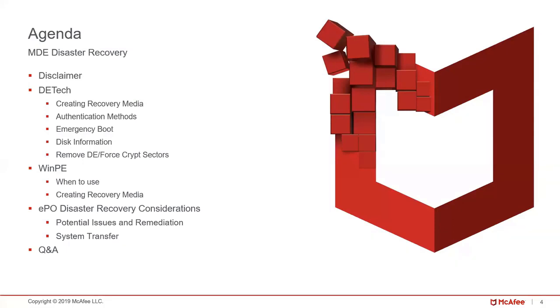We will discuss the DETech tools, creating the recovery media, various authentication methods, some of the functionalities of the recovery tools like the emergency boot, viewing disk information, removing DE, the force crypt or force crypt sectors or force decrypt as it's known. We'll discuss the WinPE options, when to use either or, and options for the creation. We'll also discuss the EPO disaster recovery considerations with regard to the drive encryption components, and then we'll have a